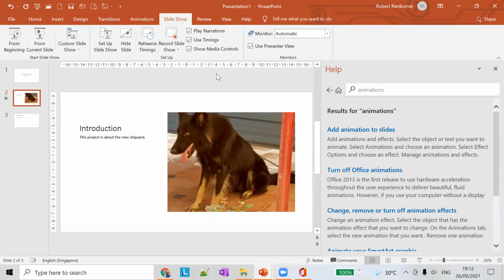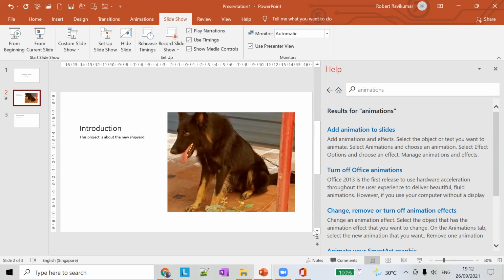Go to slideshow, and use timings, and narration. You can automate your slideshows using this menu here. If you say automatic, it will automatically move from one slide to another slide.